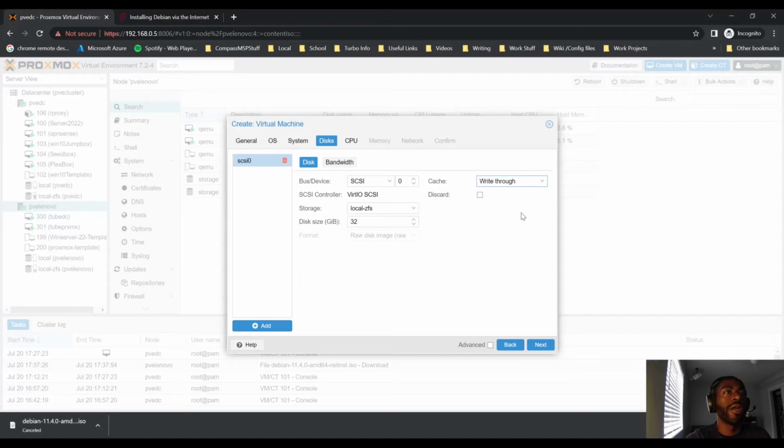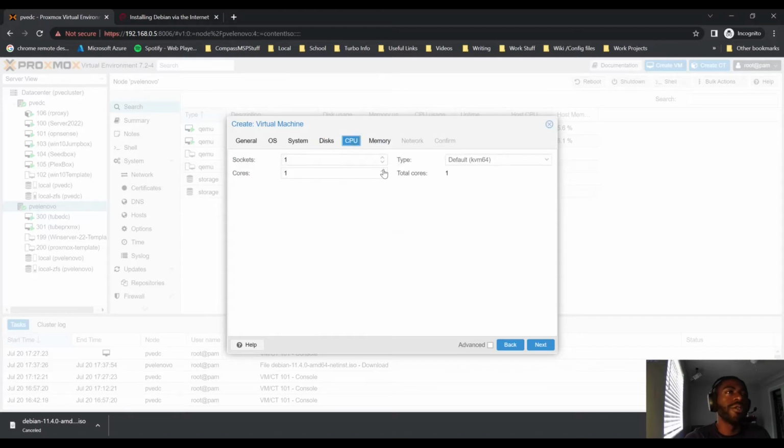This is on a ZFS pool. Go ahead and click right through. I click right through because this is actually an SSD backed pool. So right through is important to make sure discard is done when the VM commits writes. So let's go here, CPU, and I'm going to give it one core,